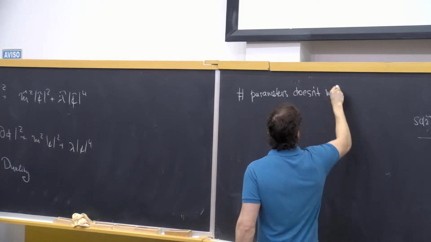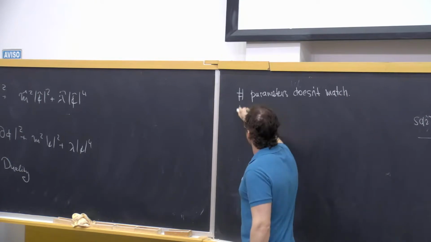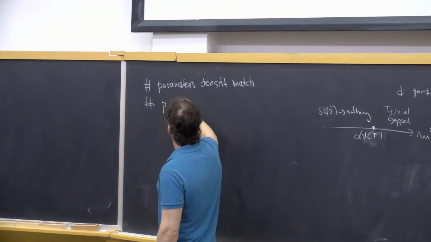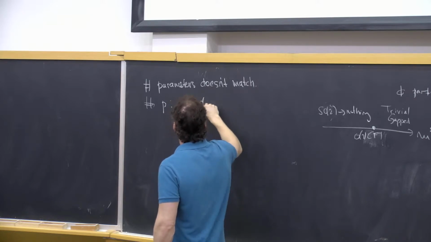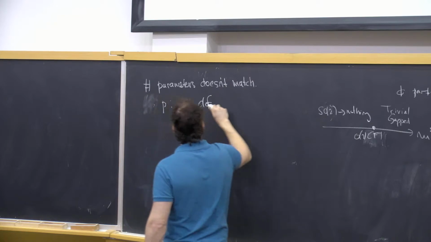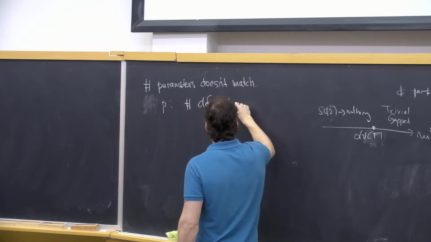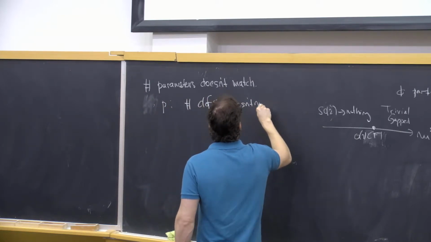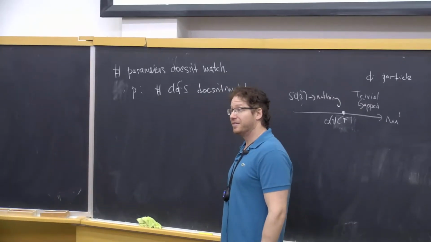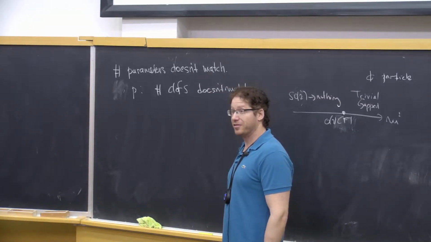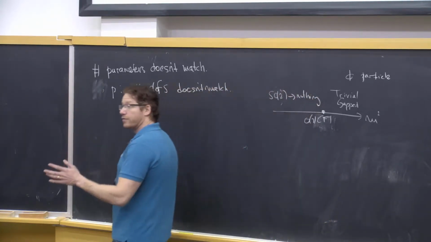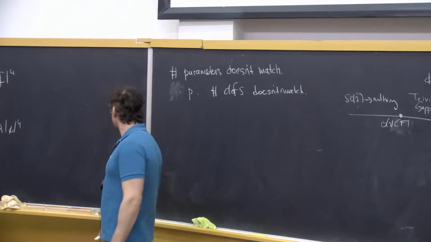And as the gentleman here observed, what's your name? Philippe. As Philippe observed, the number of degrees of freedom doesn't match. So this whole thing looks insane. But you agree that there are also some virtues. It's not just that it doesn't make sense, right? So let's address these two points. Actually, they're addressed in the same way.